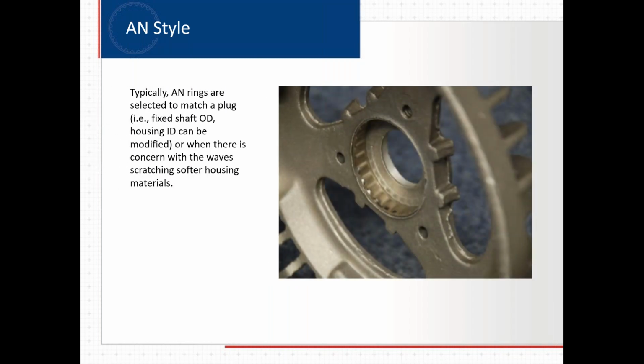Well, anytime the OD of the inner component is fixed and the ID of the outer component can be modified, that's when you would go to an AN style ring. And I say typically because there are always a few exceptions. So an AN style ring would be used around the outside diameter of a ball bearing. You put an AN style ring in a housing bearing pocket,